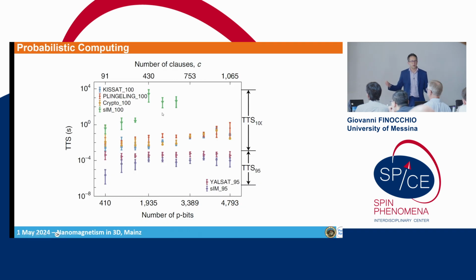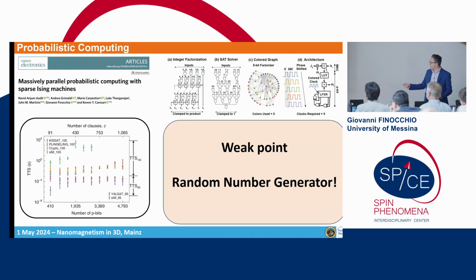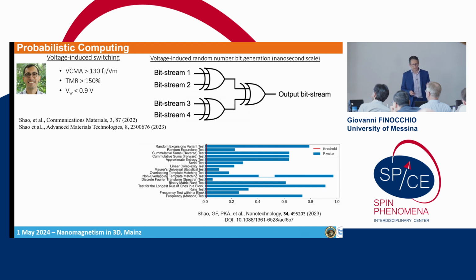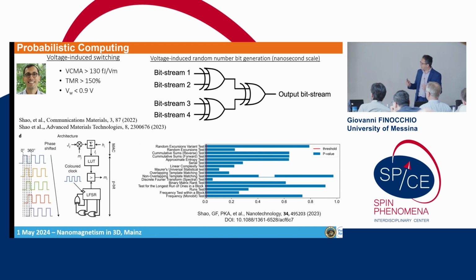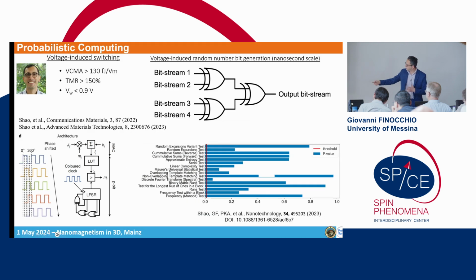We are still very far away from the best. So between 95 and 100% something happens, and we try to understand what is happening. Probably one of the key reasons can be the weak random number generator that we have in the FPGA. To overcome this, we had a collaboration with Pedram here at Northwestern, where we use VCMA to generate the random numbers. And then we changed the CMOS implementation based on this LFSR to something which uses VCMA